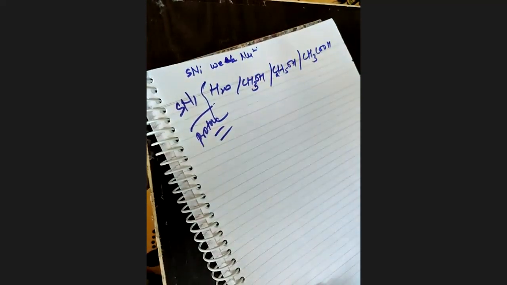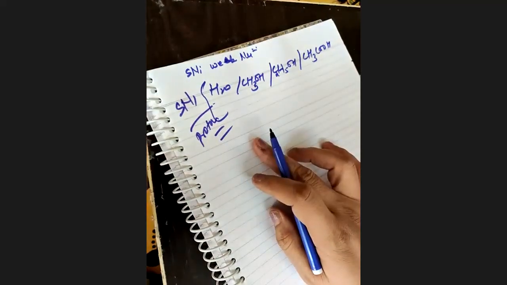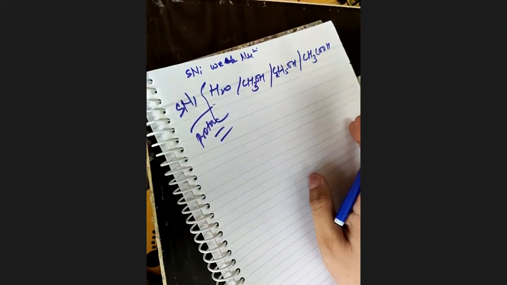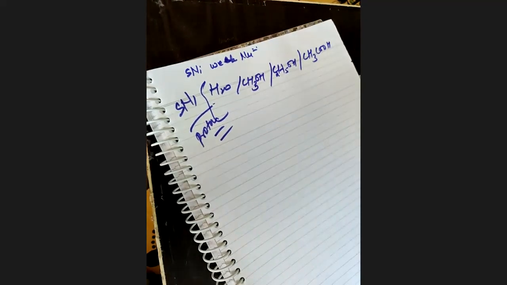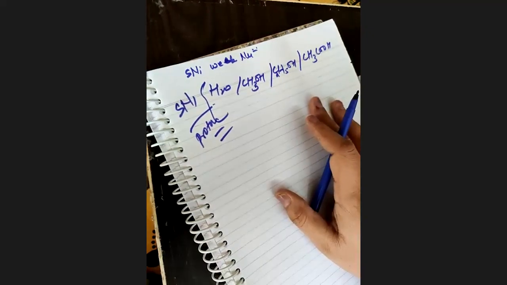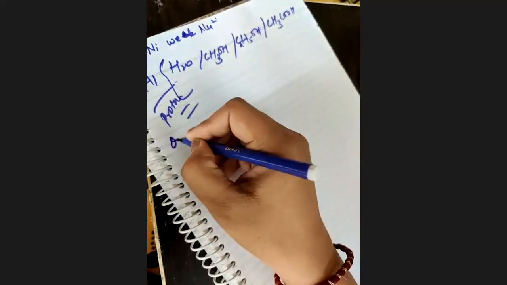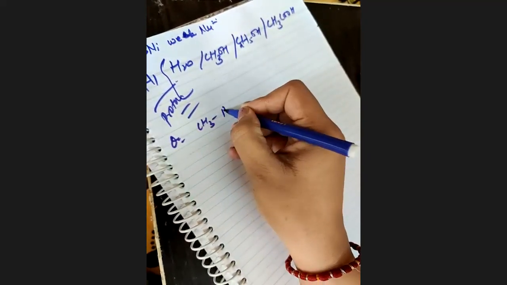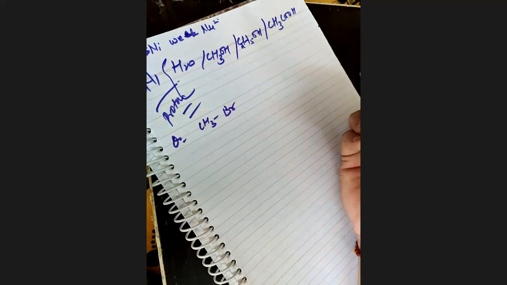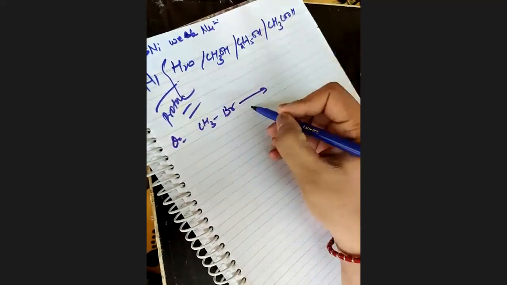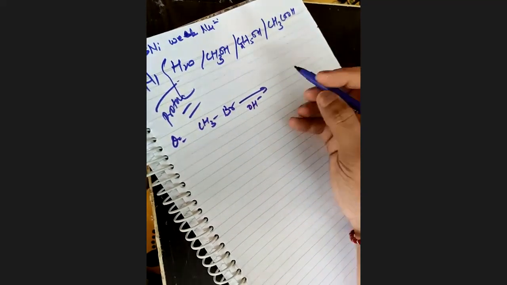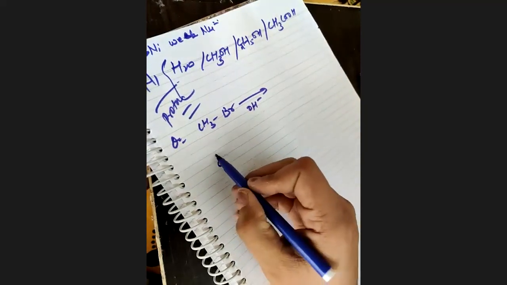So I have told you about both SN1 and SN2. Clear? Nature of solvent we have already done. Polar protic and polar aprotic we have done. Okay? So this much I want to explain in this class. In next class we will get some more questions. Okay, let me give you one more question very quick. For example, this is CH3Br. You have to find out whether this is for SN1 or SN2. Second one is